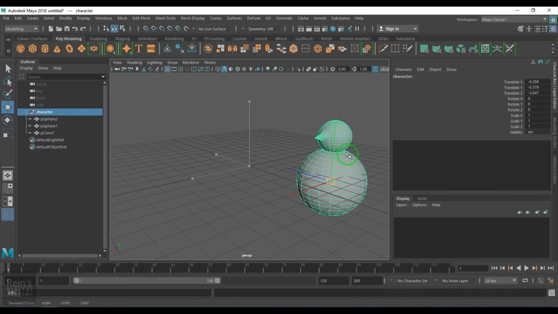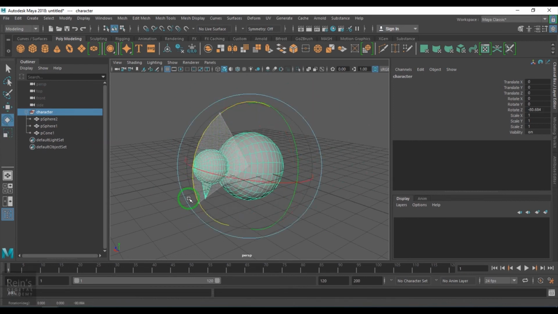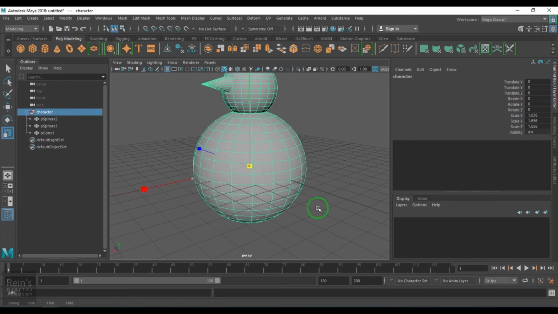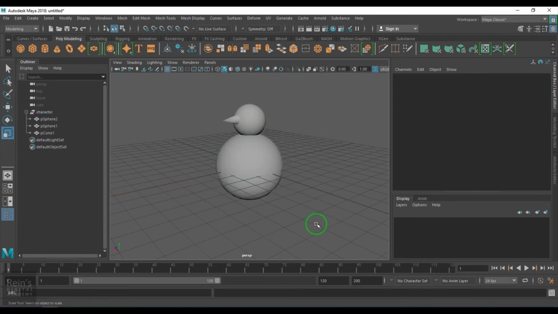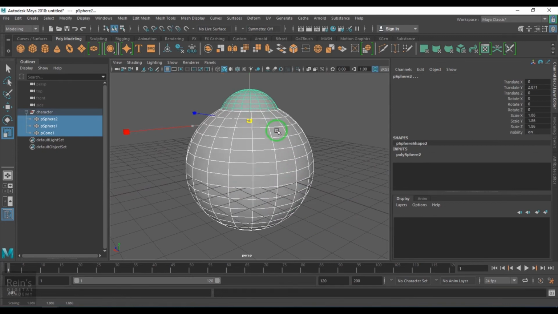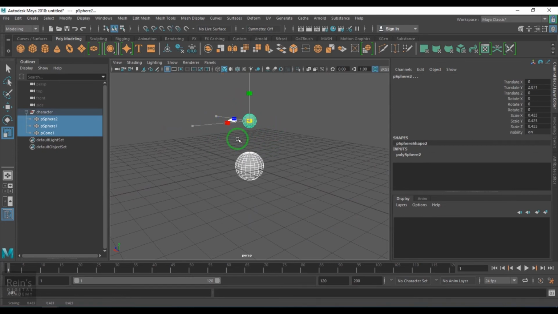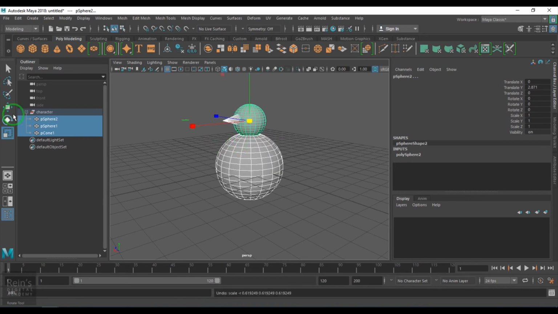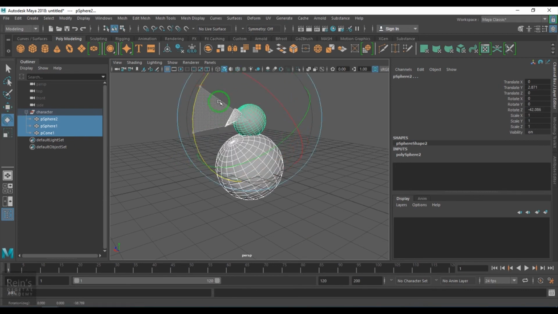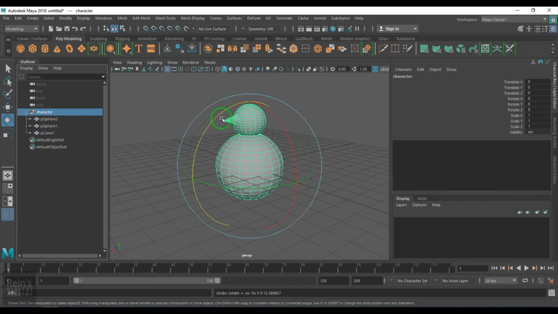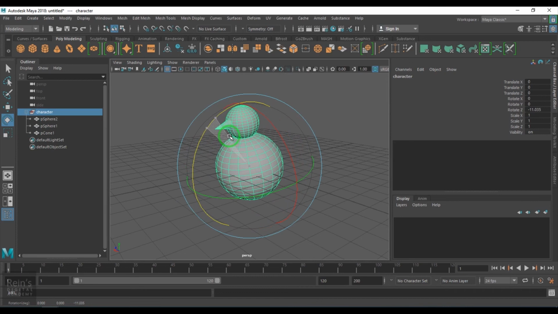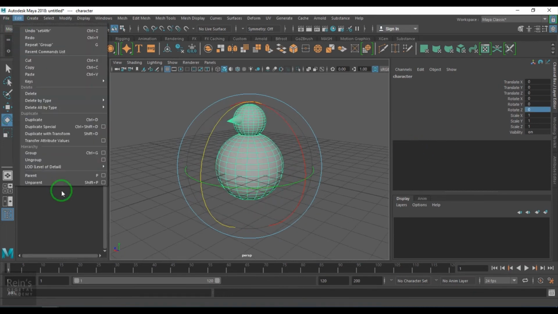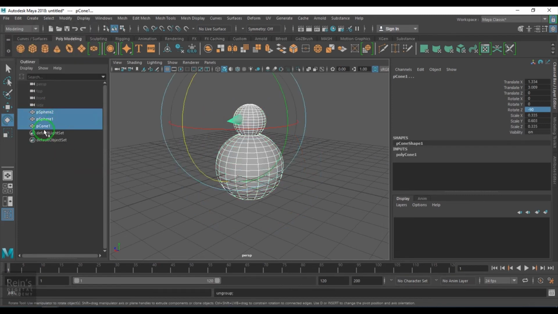And now if I select the character, it moves as a single piece. If I don't do the group, I get the problem of scaling three different pieces individually on their own pivots, or maybe when rotating also I get a similar problem. So grouping generally addresses that problem, and also in rigging it is a very important aspect. So grouping is very simple, as you saw. If I select the ungroup, the group will be gone.